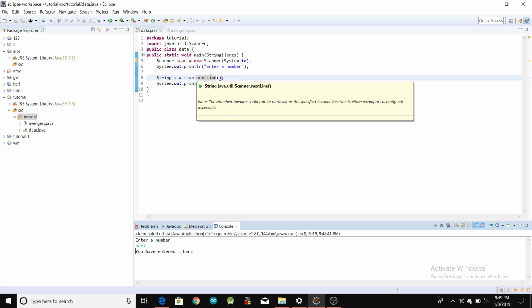So that's all for today, guys. I hope that you understood the concept of what Scanner is, and the main concept was to give you more or less a clear picture of what an object is and what a class is, and how to